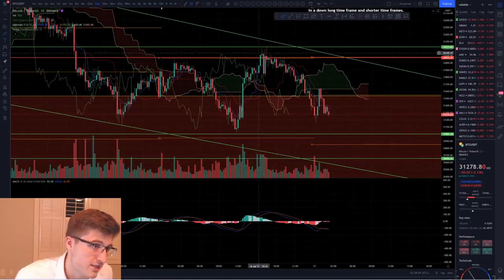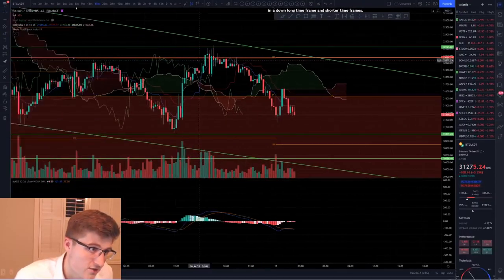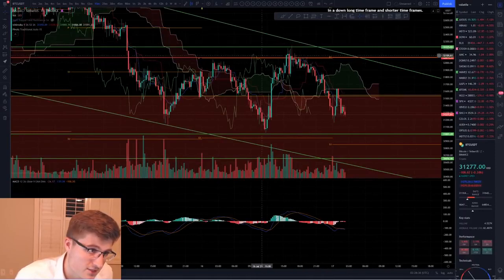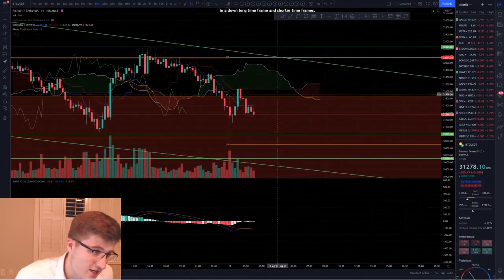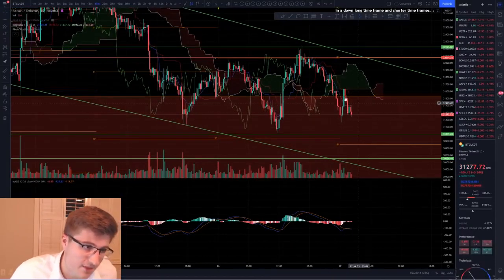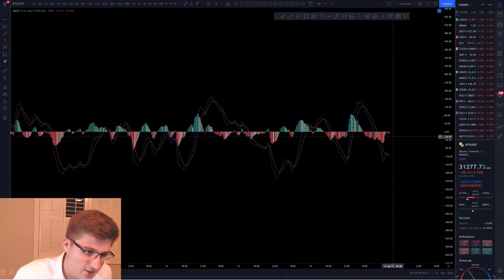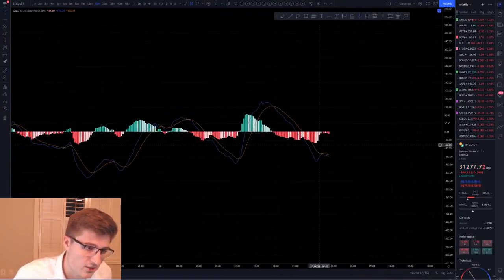It's an extremely low winning percentage in this part of the area. You guys are looking to trade at these key levels, these resistances. When we reach the top of these Ichimoku, when we reach these pivotal points, that's where you're looking to trade, not in the middle. You're not looking to buy or sell at those points.